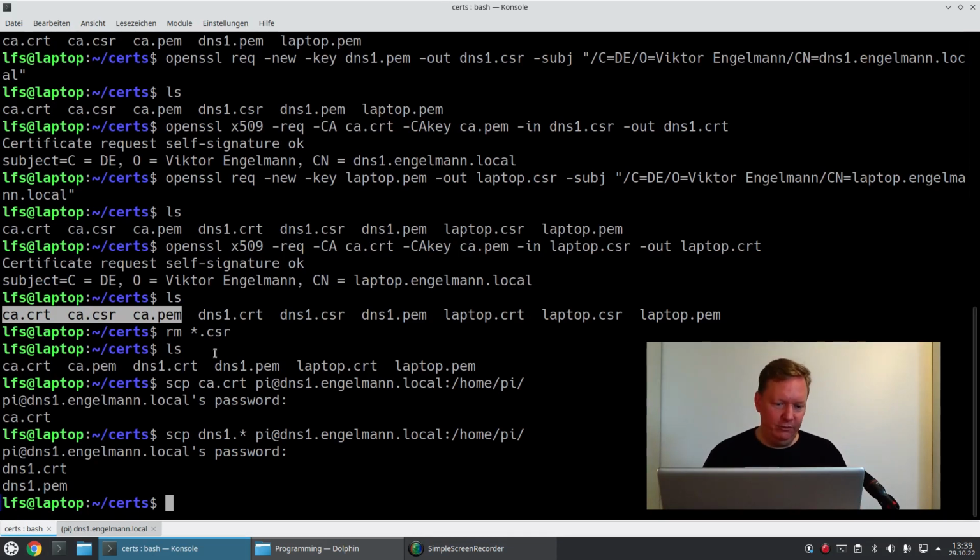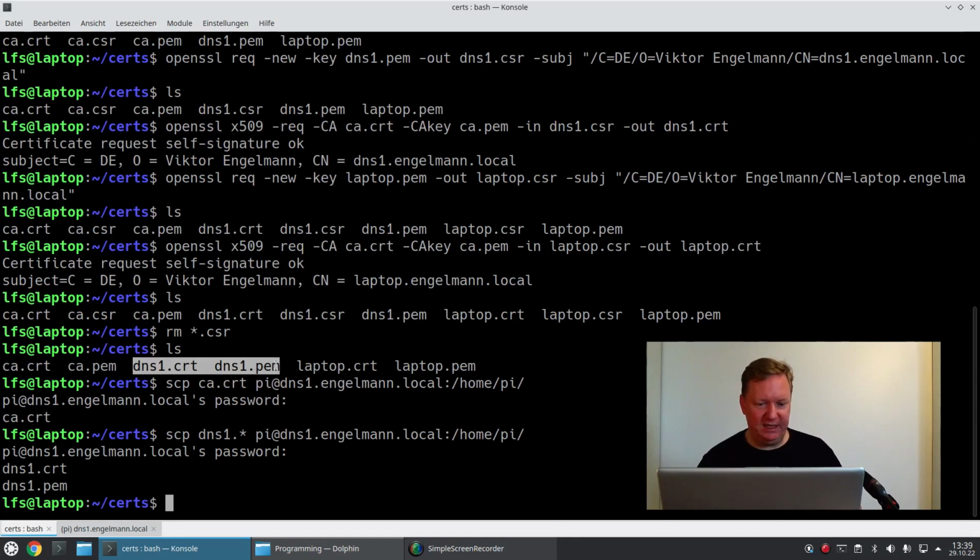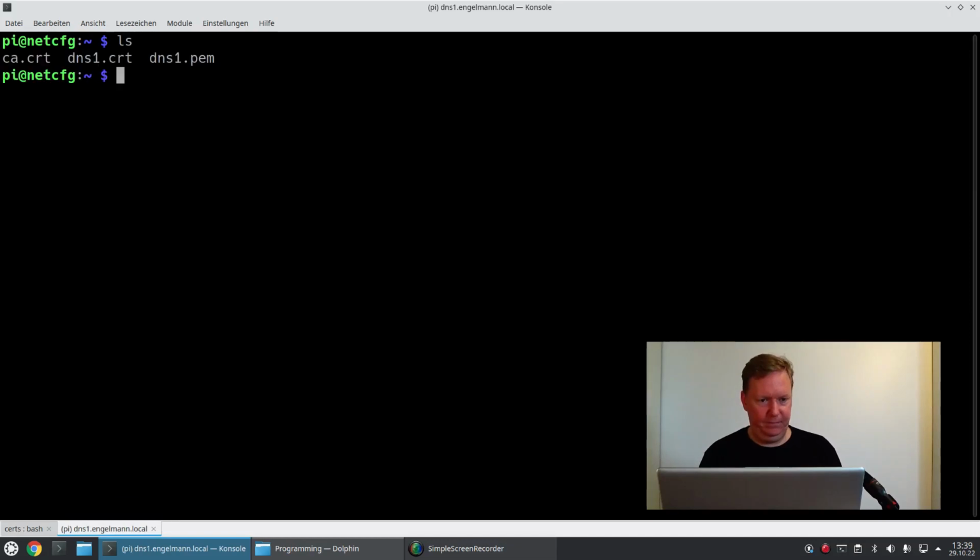Okay, now the situation that we have now is that both machines have their own private key, their own certificate, right? And both machines have this CA certificate. And these are the 3 ingredients that every machine needs. Okay. So let's try to establish a connection using these things. So here on the DNS server, I have these 3 files now, and